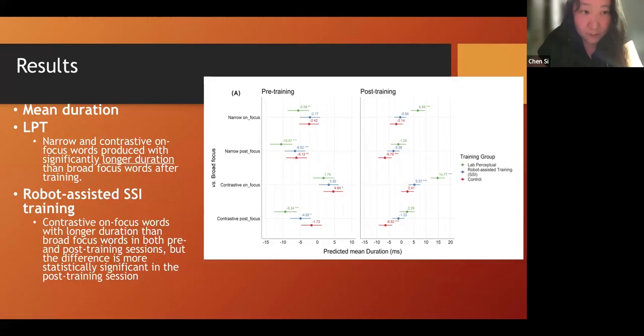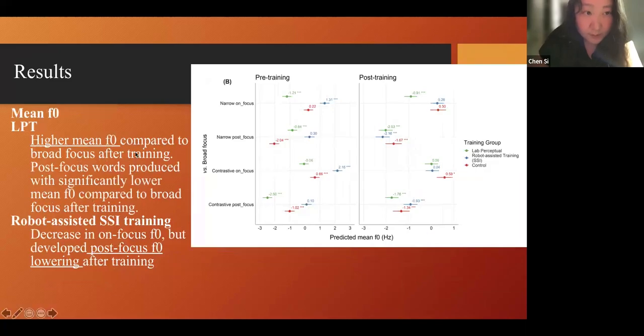So for the LPT, for the acoustic cue mean duration, we have found that autistic children tend to produce longer duration after training, and for the robot-assisted training, they have also shown longer duration on the contrastive condition.